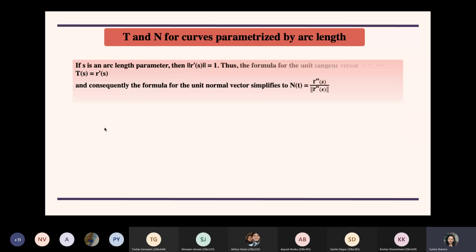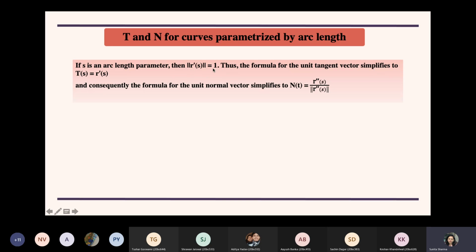So if you have a curve which is parameterized by arc length, so if the components of the curve or the parameter used is arc length, then how to find the unit tangent and the unit normal? So in that case, you can see this. I'll just mention the result later on. But if you want, you can check it for some questions which we have already done. That norm of r dash will be equal to 1. Okay, this part you can just check.